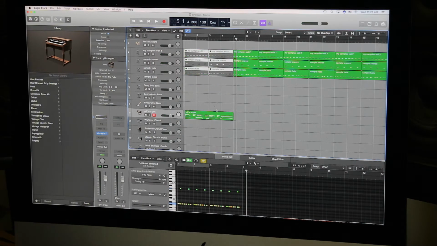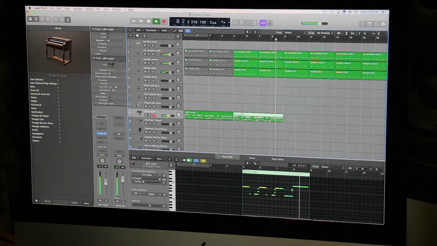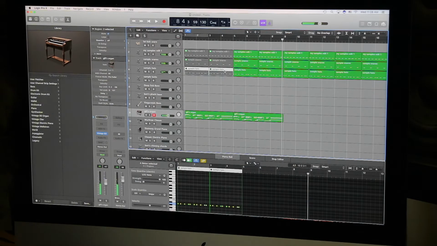So let's say I mute the beginning of the groove. Just start off with those organs. Let's see. Start off with hats.